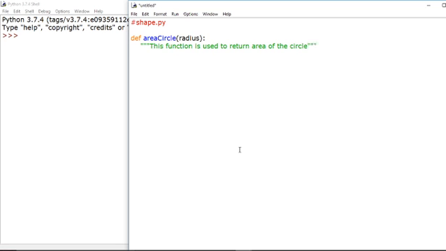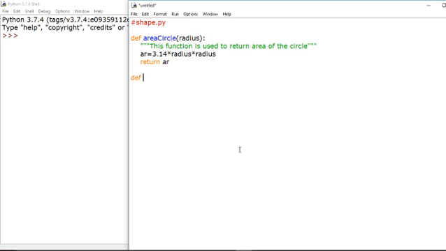All of you know that the area of a circle is pi r square, or simply 3.14 into radius. I am writing ar equal to 3.14 into radius into radius. For the value of pi we can write 22/7, or we can also import the math library, but instead I am simply writing 3.14. We calculated the value of area, and now we are returning area. This way our one function is completed.